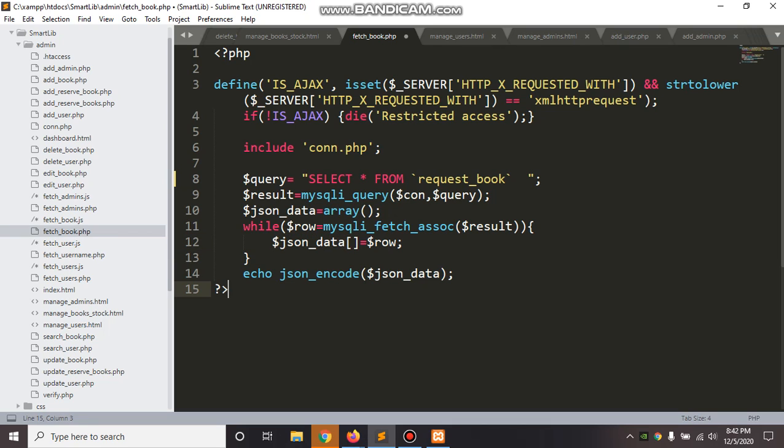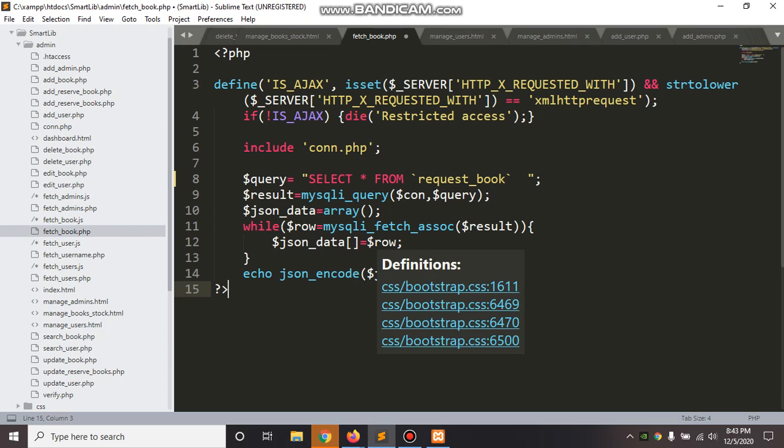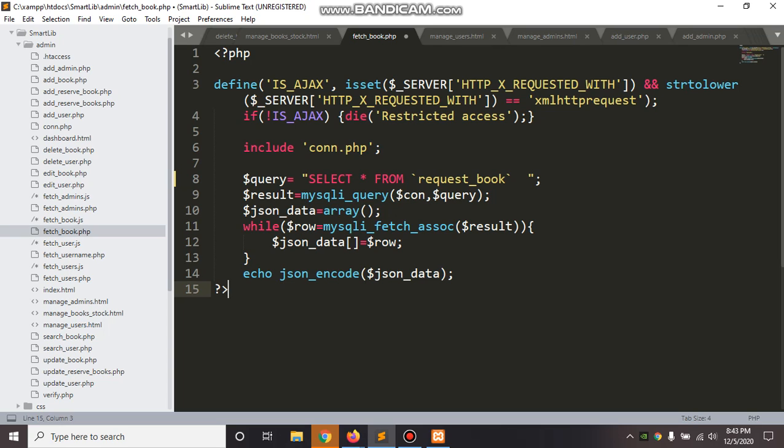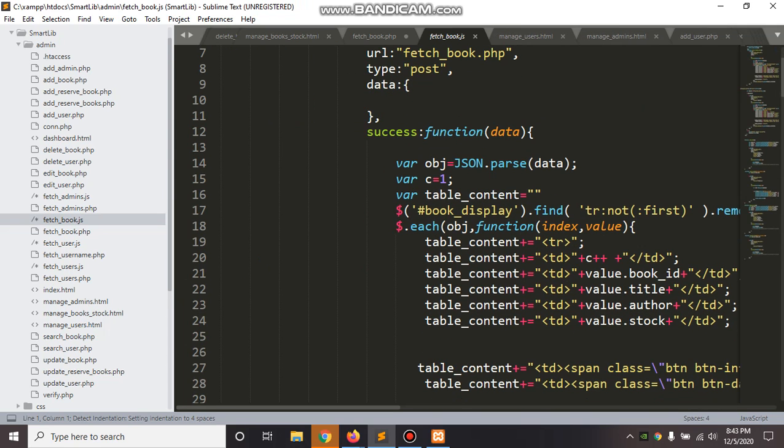So echo json_encode JSON data. That means whatever data you receive from here, row will be in the format of JSON. JSON will have a key, that means row number 1 is having this value, row number 2 is having this value. Once you have this value, with the help of face.php you are getting all the